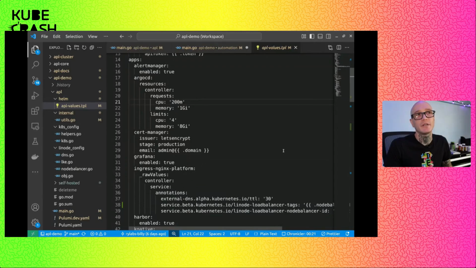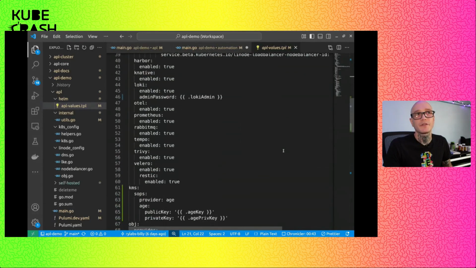I tuned the ingress controller with some annotations for a static load balancer that we already have DNS pointing to, as well as turning on Harbor for a self-hosted container registry, Knative functions, RabbitMQ, because that is something I'm aware of this team using quite a bit, and then, of course, the rest of the observability stack.